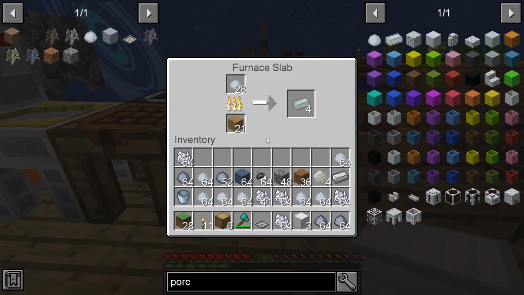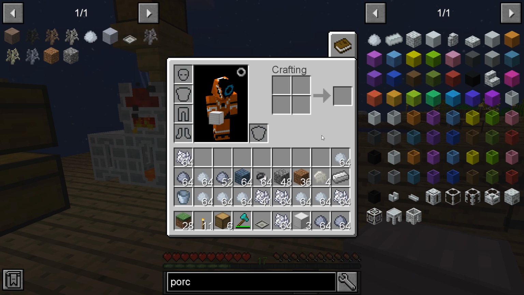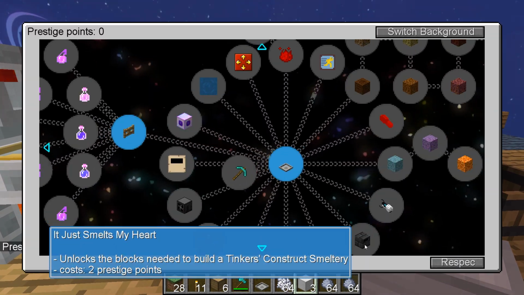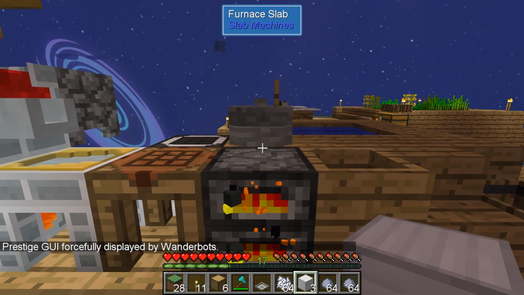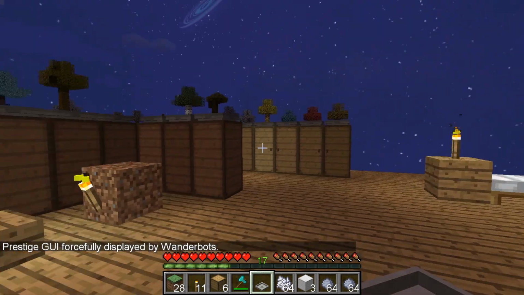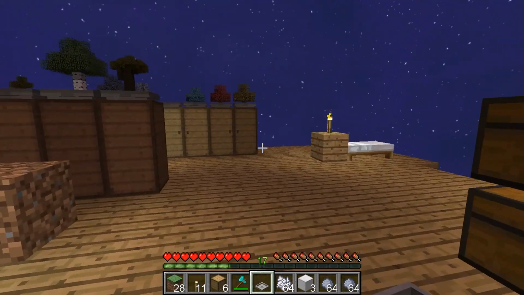So you should work on seared stone instead. I actually shouldn't. There's no point in seared stone, at least for a while. Until I get those prestige points, I can't make a smeltery, so I'd just be wasting my time. I'd like to make a smeltery, don't get me wrong, but...